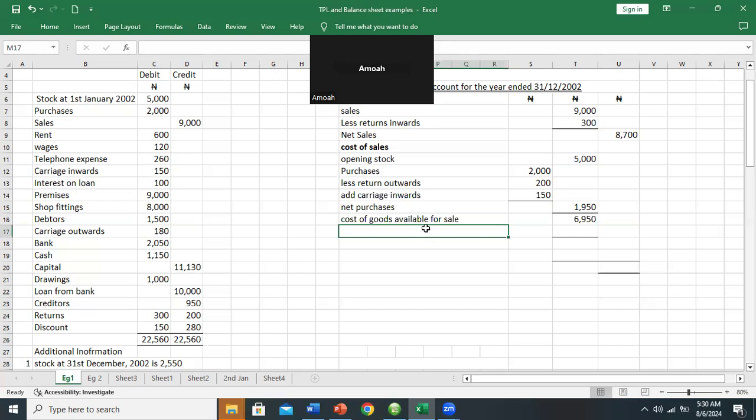So we have 6,950. We less the closing stock. Closing stock we're given as 2,550. Then do we have any trading expense? The answer is yes. We have wages here. So when we get the cost of goods sold, we'll add the wages. So the cost of goods sold is 6,950 minus 2,550, 4,400. We add the wages of 120, giving us a net cost of sales of